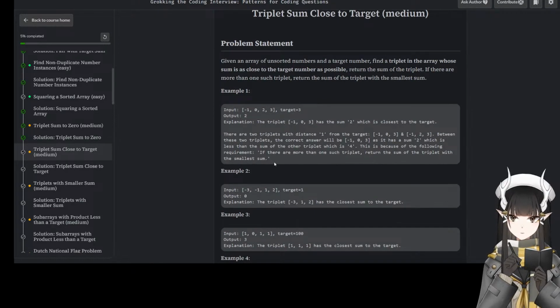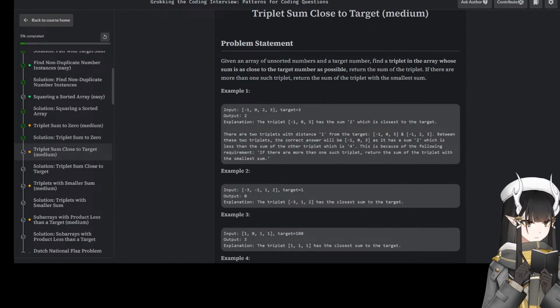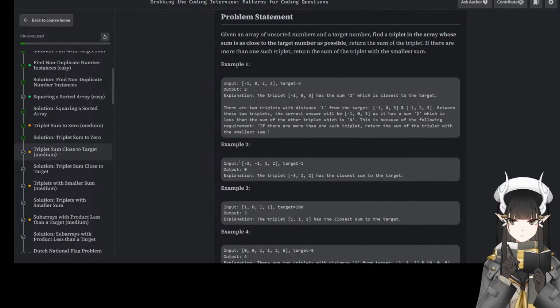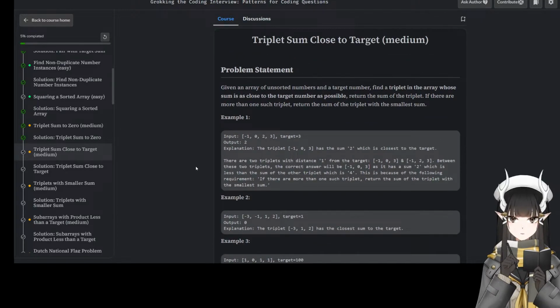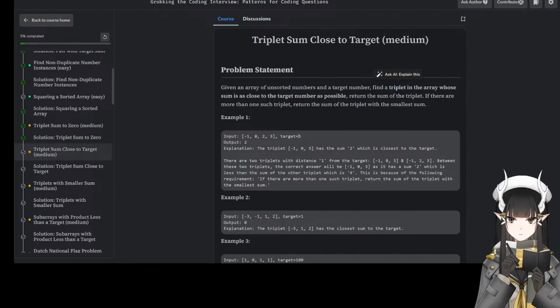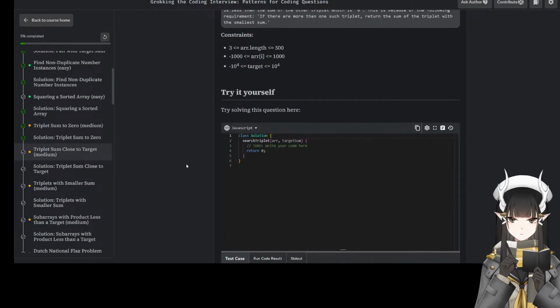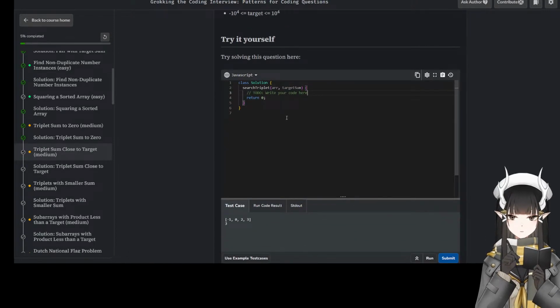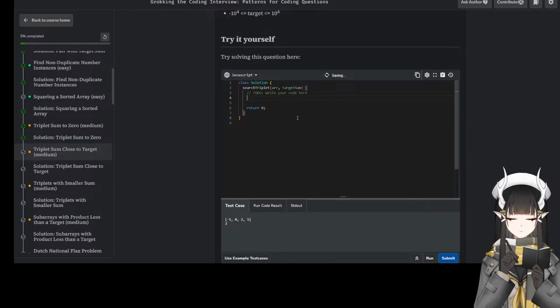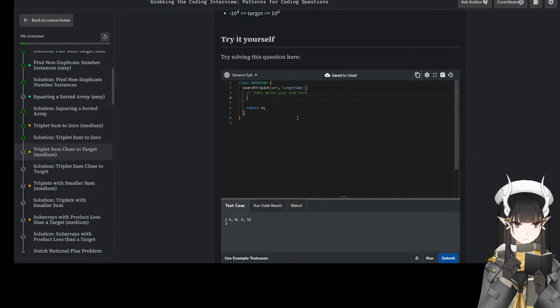Okay, I'm gonna code the first part first. A triplet. So the issue here is they want a triplet that's closest to the target. We can do a pointer.